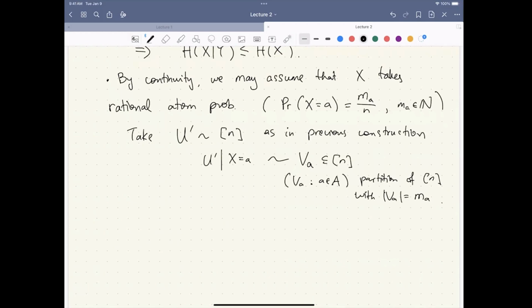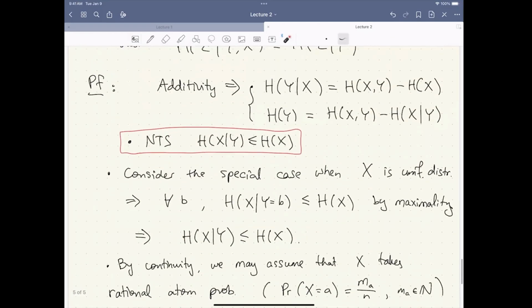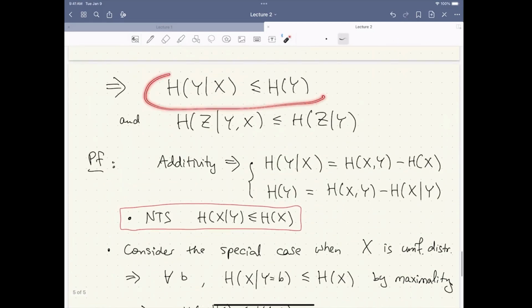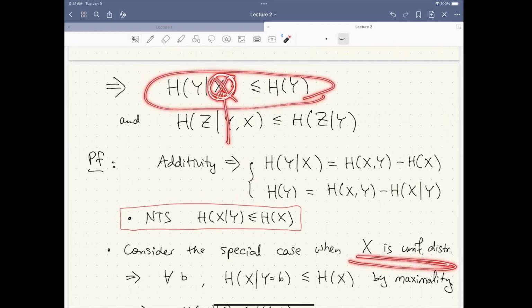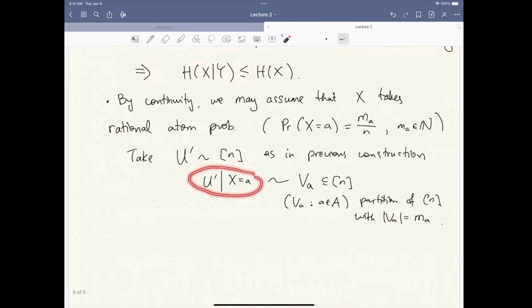All right, so all we need to know is, look, what have we proved? We proved that what we need to prove is true, dropping conditioning, when the conditioned one is uniformly distributed. When x is uniformly distributed, we can drop it, and we proved it. Now, this is some strange looking guy that's also uniformly distributed over something. We don't care about what this something is. It's uniformly distributed. So that implies that by the special case we proved,